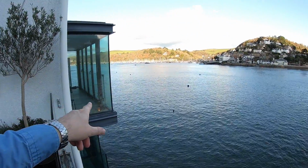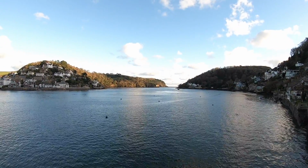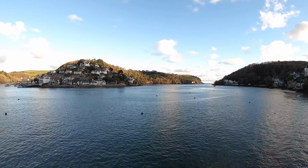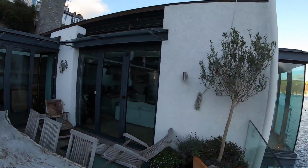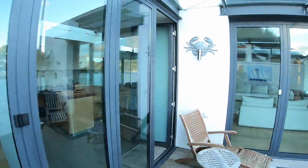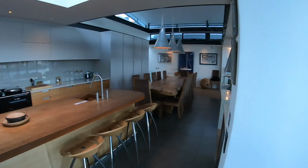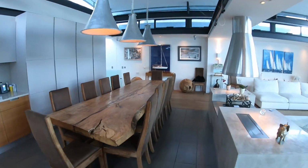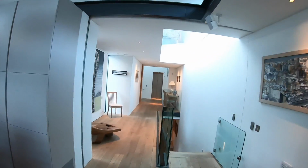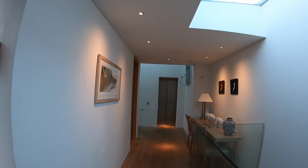That's the overhang where we were just a moment ago, looking out at the view. Absolutely staggering. This is the River Dart, and that's down in South Devon. It's one of the most beautiful rivers in the country. So if you're going to put a house by a river, this is the river you want to have it next to. Okay, let's go a bit further. So we are back through the kitchen. And if we head a bit further back, we will find